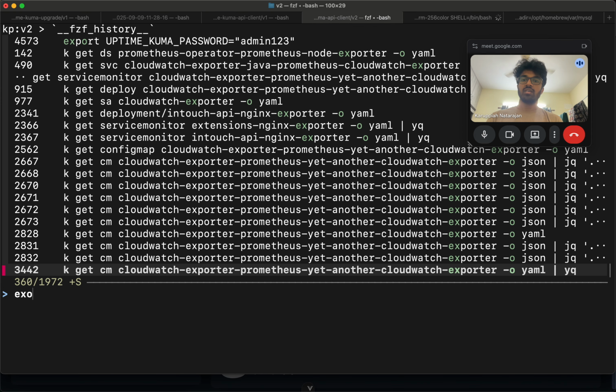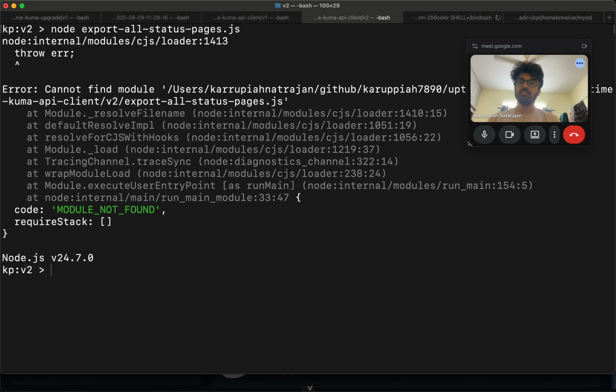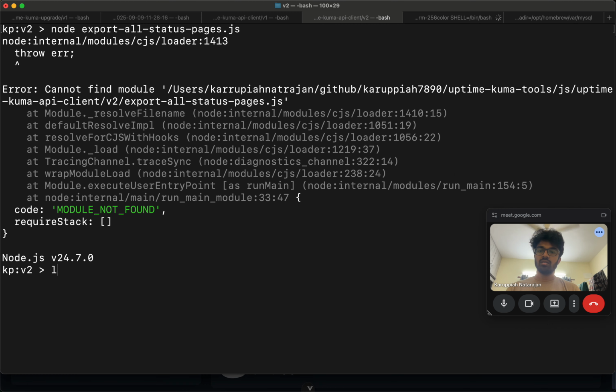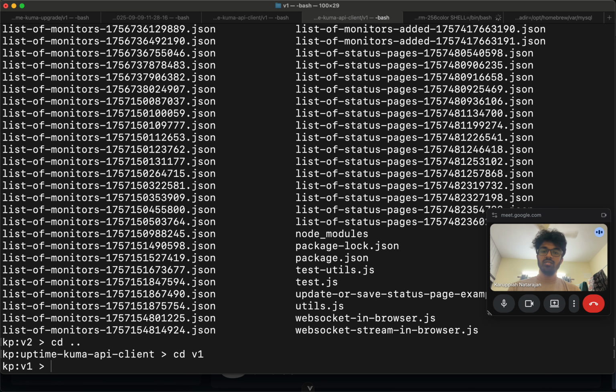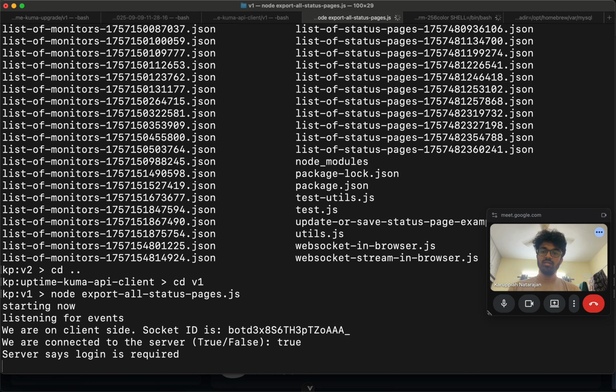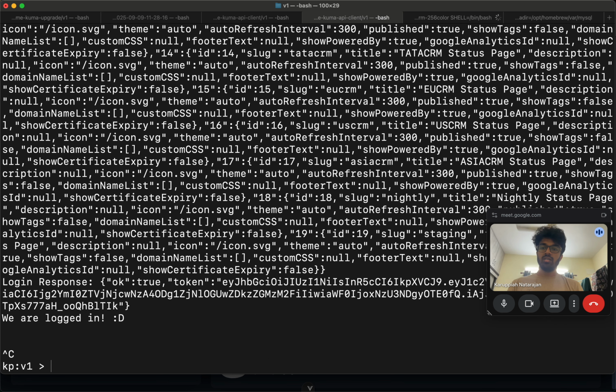Let me just say export all status pages. Internal cannot find module. Okay. Export all. Oh, it's in V1. Okay. Let's go to V1 for a moment. Node export all status pages. So we do have a lot of status pages, right? So now I'll just say